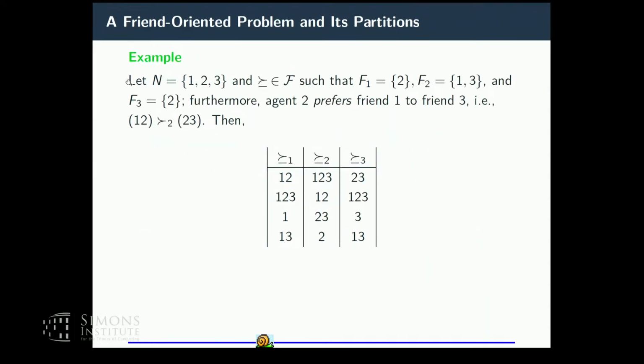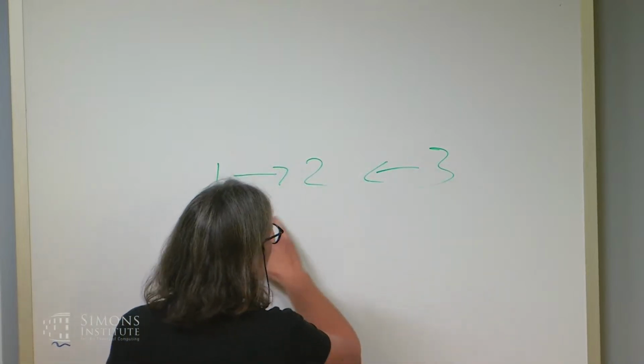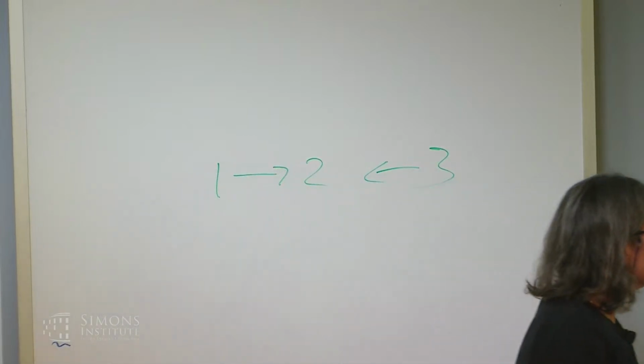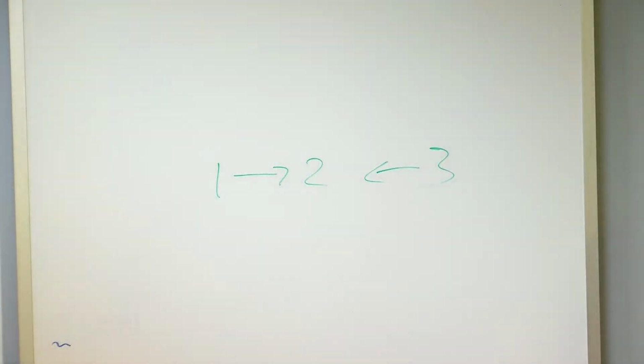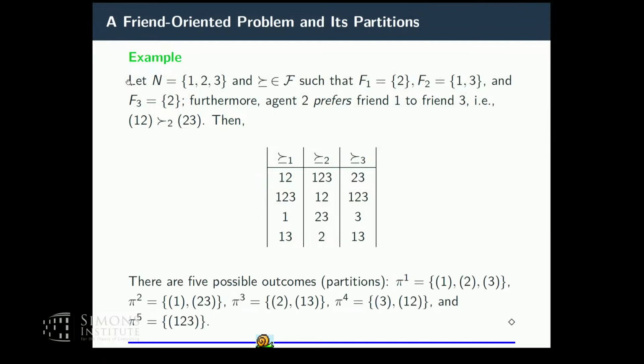Okay, so here you have an example with 3 agents. Agent 1 likes agent 2, I'm just going to have a quick diagram here that I will also use, and agent 3 likes agent 2, and actually agent 2 likes both of these agents. I'm not going to denote that at the moment. And that implies unique preferences for each of these agents according to friend-oriented preferences. I just have 3 agents. And right now, it's just important that I have 5 partitions. Everybody's alone, everybody's together, or one person is alone.